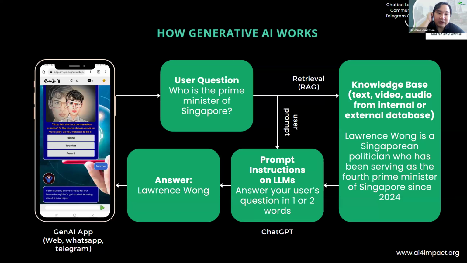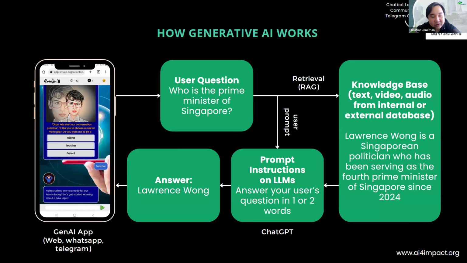How does a Gen AI app work in a simple way? Basically, you have an app, like a website. It can be a mobile app or anything. Let's say your user poses a question to your app, for example, who is the Prime Minister of Singapore? If you use ChatGPT for that, it extracts the knowledge from the global knowledge it has been trained on, which means that it can